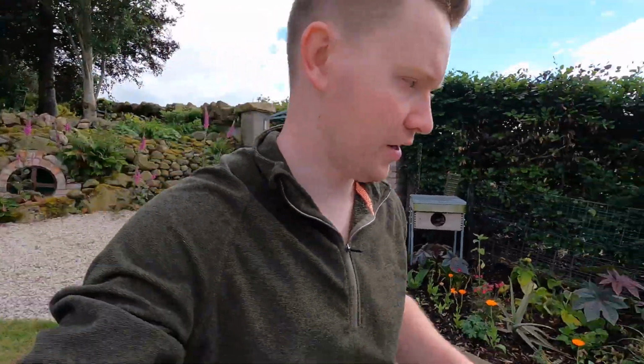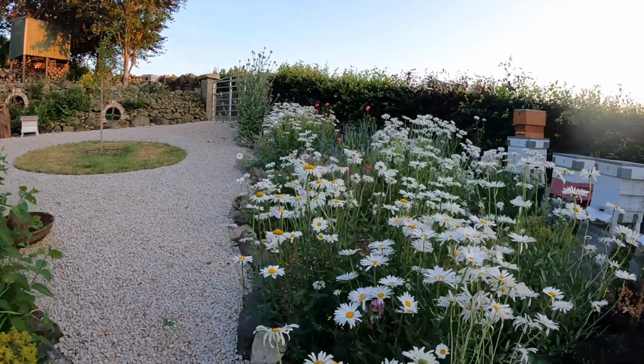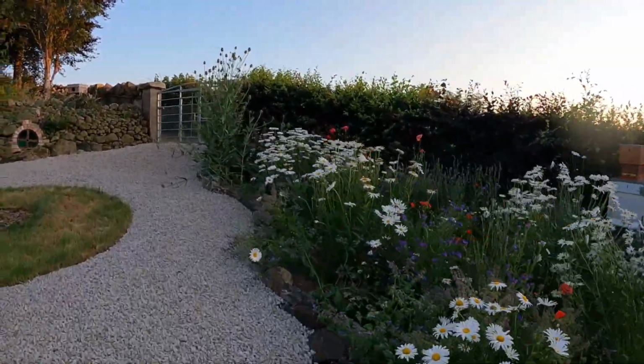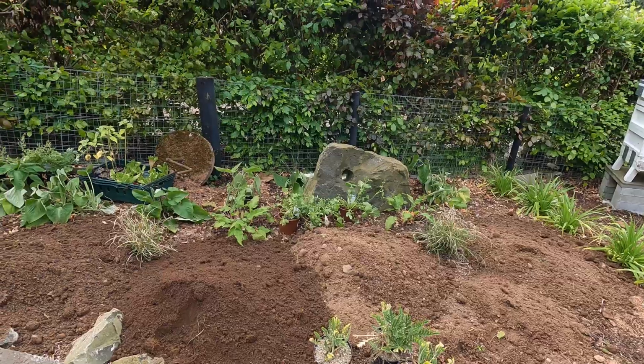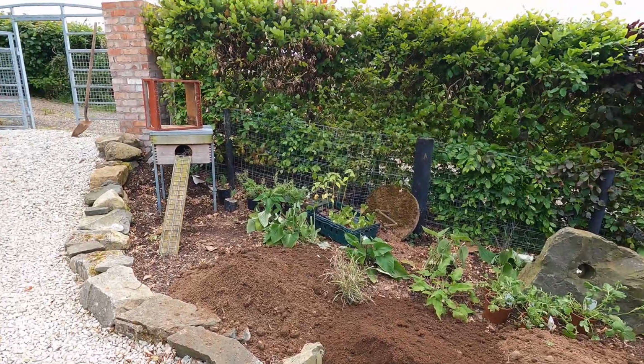And then over where the bees were, and as I've mentioned before, and I've done another video about this, this used to be the wildflower meadow, which has now become a warm palette border. The bees are actually getting a wee bit active there, so I'll not get too close, but the colours will hopefully come out quite soon in there. Still, this is also brand new. This bed's very free draining, probably the most free draining part of my garden, primarily because it's sand and gravel underneath that. So I've had to put extra topsoil in, I've put soil conditioner down, I've put plants in and I've barked it, and I'll probably have to put more mulch down in the autumn to try and get a nice